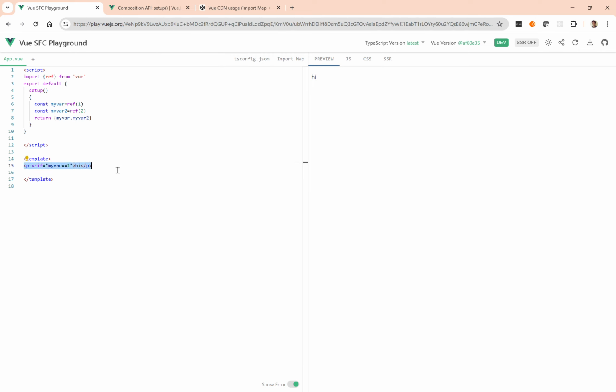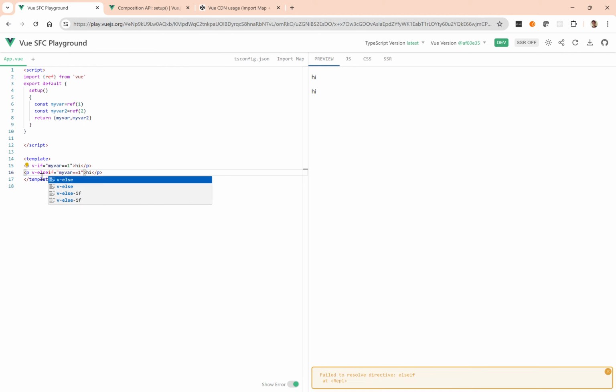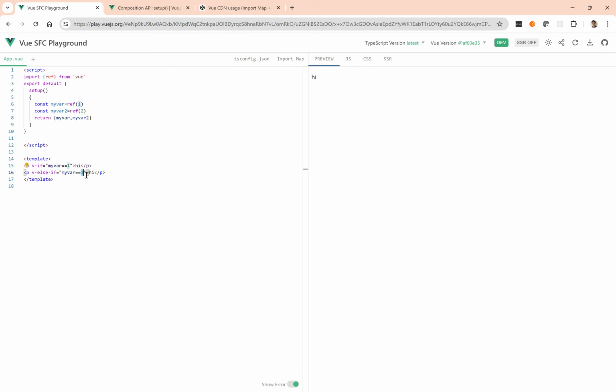Now v-else-if, Ctrl+C, v-else-if. So that's how it goes, and the hyphen is very important. If it is 2, say hey,